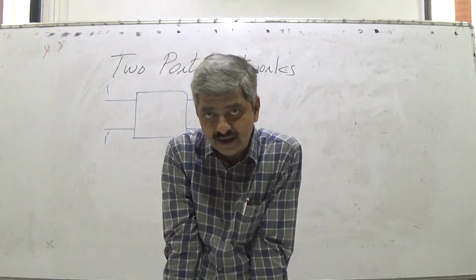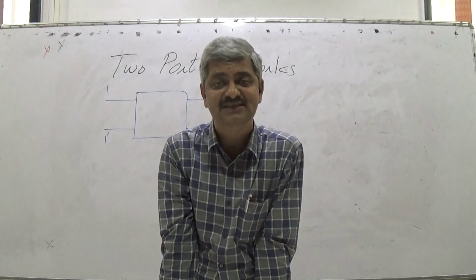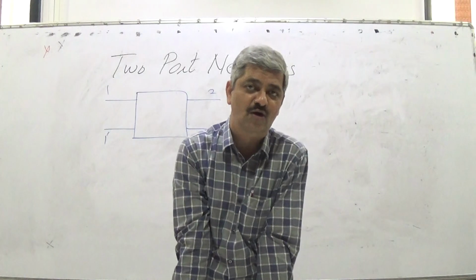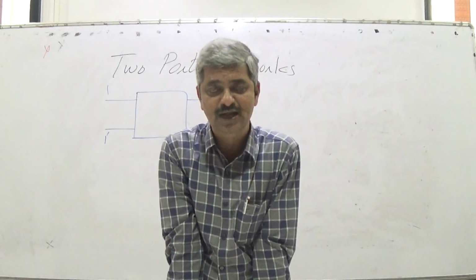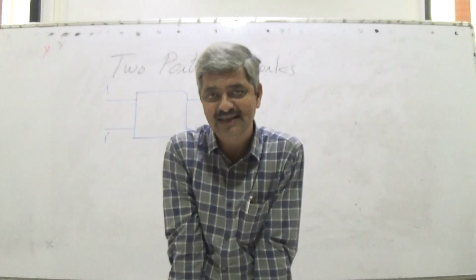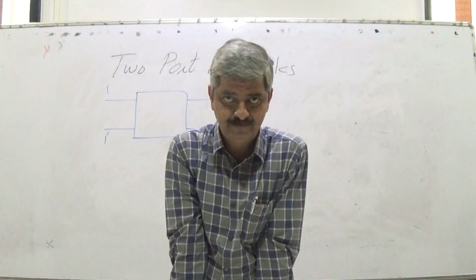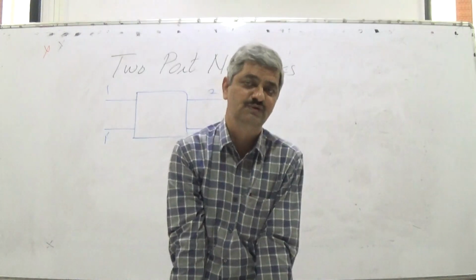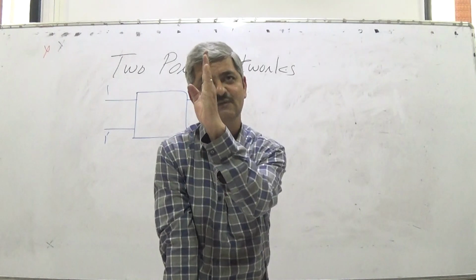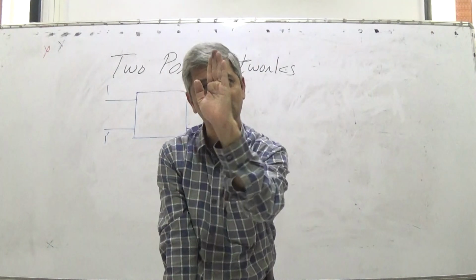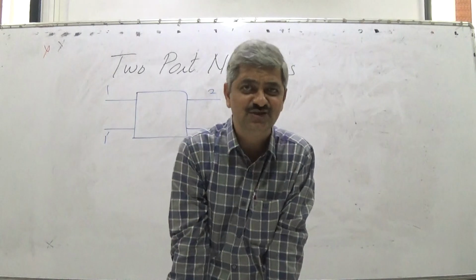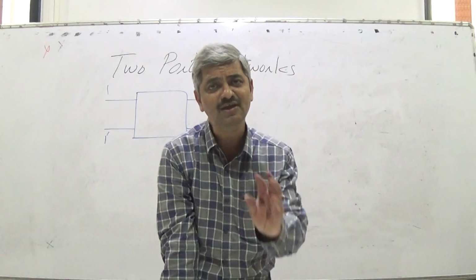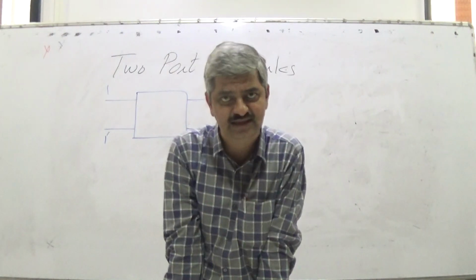Now, as I had already stated, there will be 6 sets of parameters. How? Any two are to be expressed as a linear combination or weighted sum of the remaining two. There are 4 parameters, and 2 can be selected in 6 ways, by 4C2. I chose V1 V2 on the left hand side as equations of the remaining, then I1 I2 on the left hand side. Likewise, there are 6 sets, of which 4 are frequently used. The remaining 2 are also there, but are not used that way. That we will discuss after midterm.